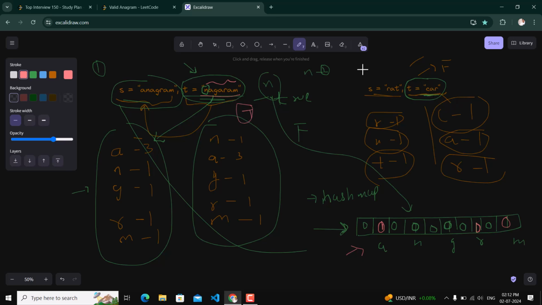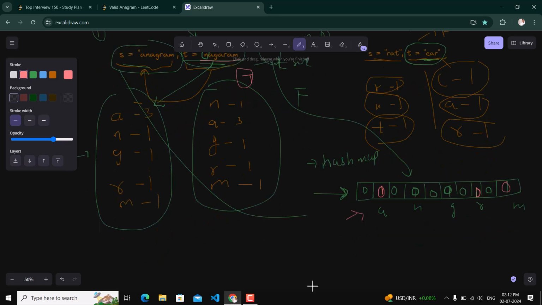But now if we check this other case, and we make a frequency table for rat, we will have r, a, t with 1, 1 and 1, and remaining let's say 0. Let's say the other string has c, and it is for a particular, let's say z.